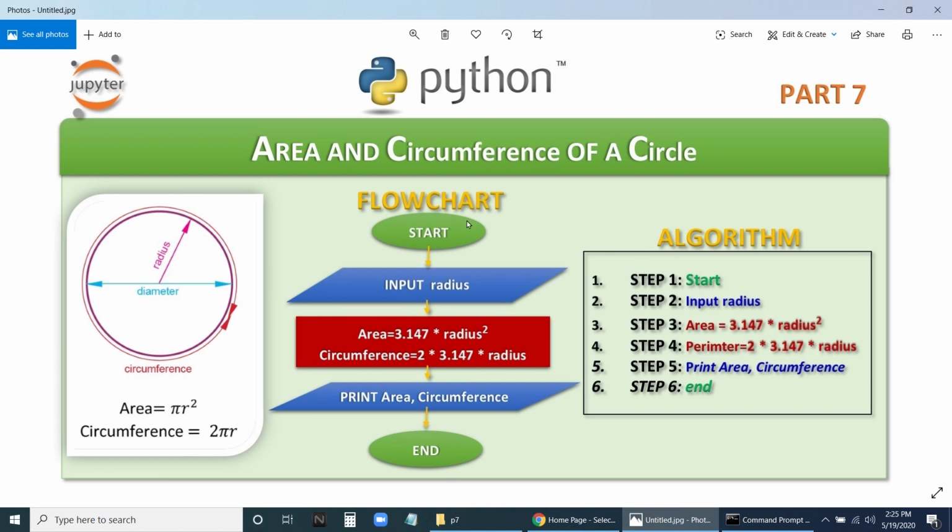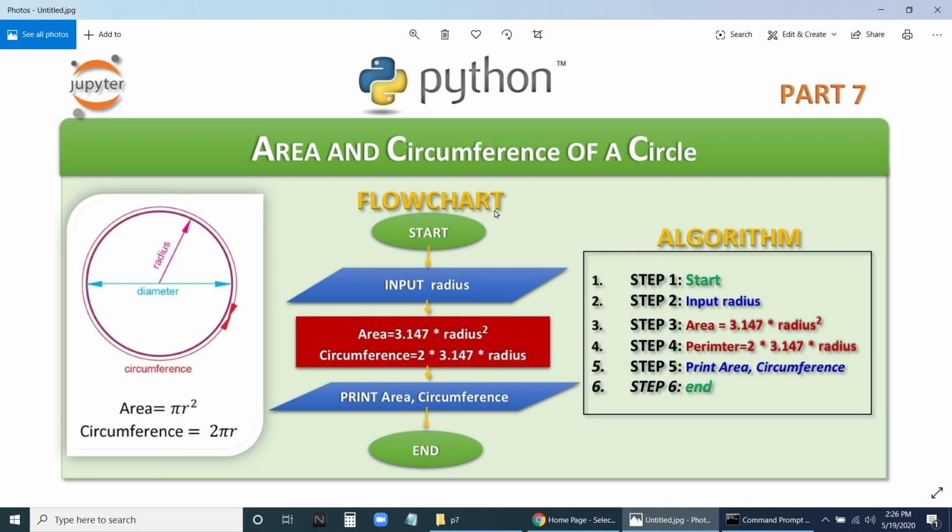Now we'll see the flow chart in the same way. We'll input the radius. Then we'll calculate the area, 3.14 into radius, that is the area. The circumference is given by 2 pi into radius. After calculation, this is the processing part, and this is printing the area and circumference. The input is the radius, the calculation is the processing, where the area and circumference are calculated, then we print. These are the steps we have converted: input the radius, calculate the area, calculate the circumference, then print the area and circumference.